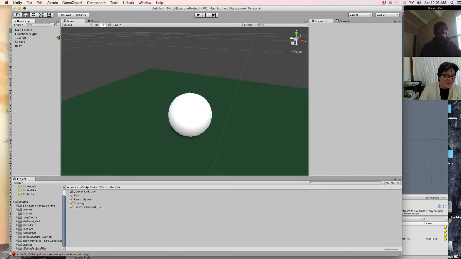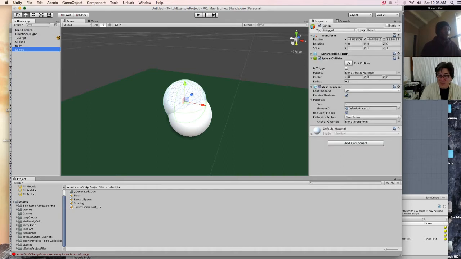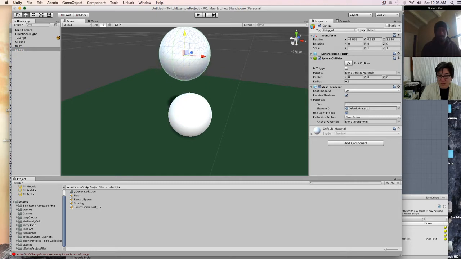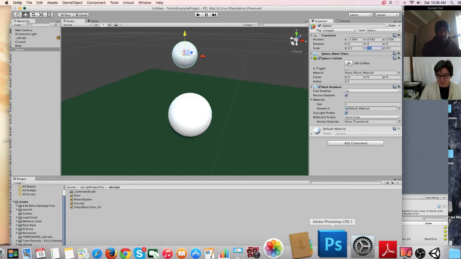All right, let's do a couple of things. Let me see if I can add a 3D object. Let's drop another one in. The other one was 0.5 radius, and we're going to change the radius on this one to 0.25, and that should get us a little bit. Oh, that's the collider. Hold on. 0.5 is basically half the diameter is what it's saying. 1 would be a full shot. So let's actually make this one 0.5, 0.5, 0.5. And then actually to get that shape, let's go back to Photoshop real quick.